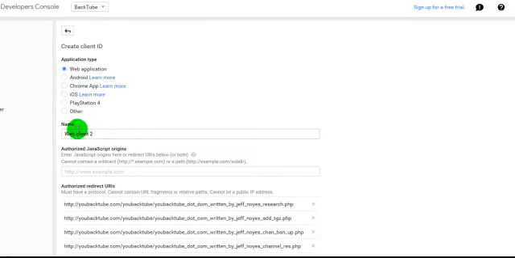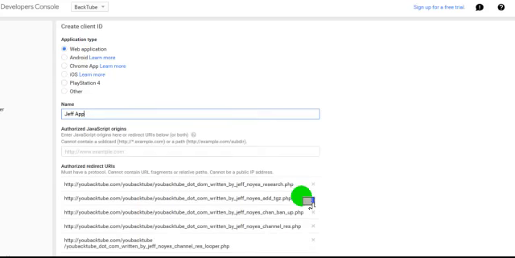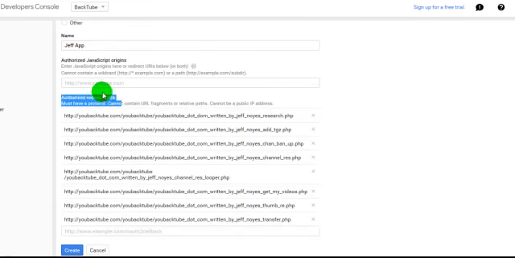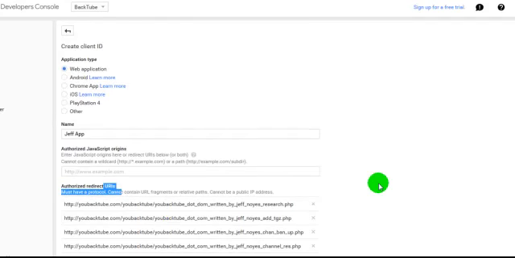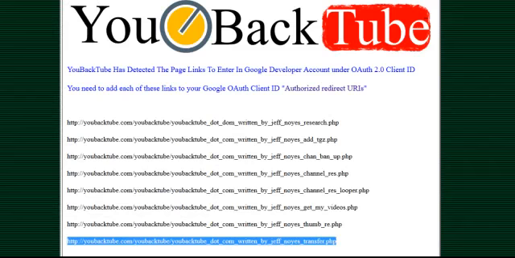I'm going to give it a new name. Well, you can name it anything you want. You could name it your name. I'm just going to call it Jeff's app. Okay, so I'm creating a web application. Gave it a name, Jeff's app. Under authorized redirect URIs, I entered all 8 of my links, and I got those links from